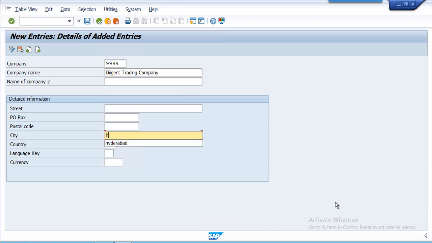Street. Country. Language. Based on your country, you can select your currency and country here. Currency is INR.